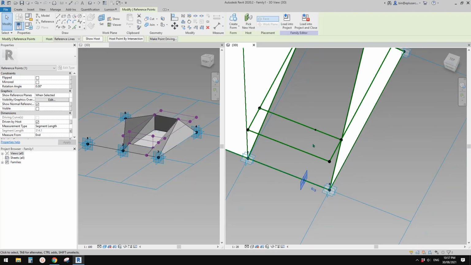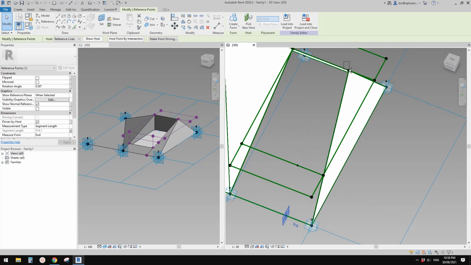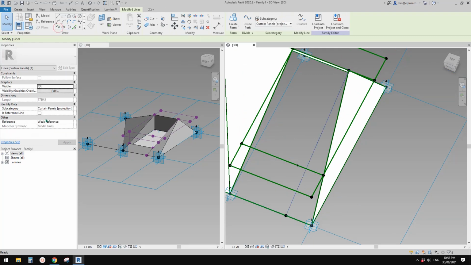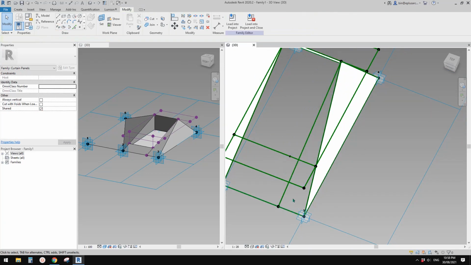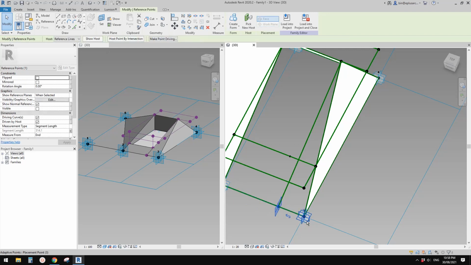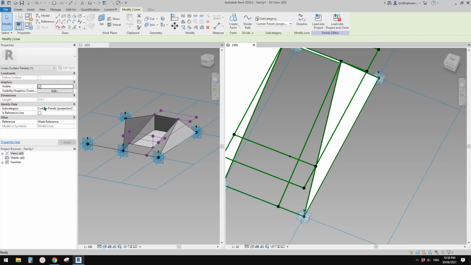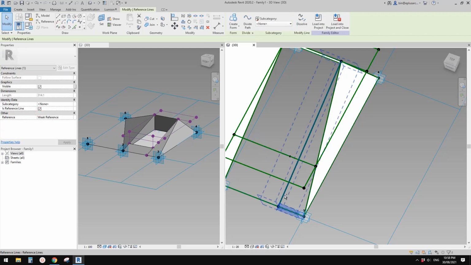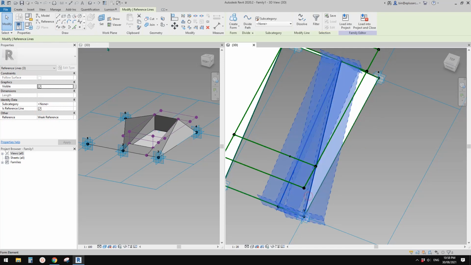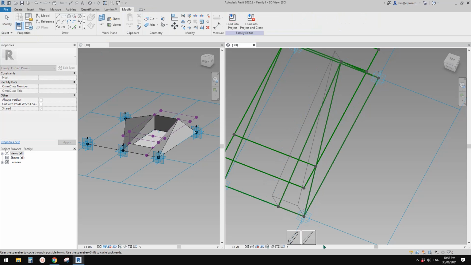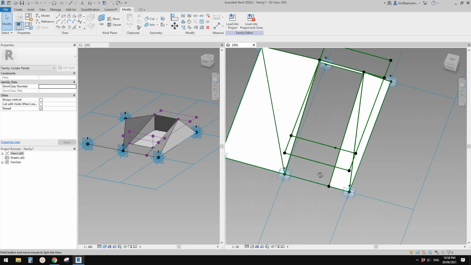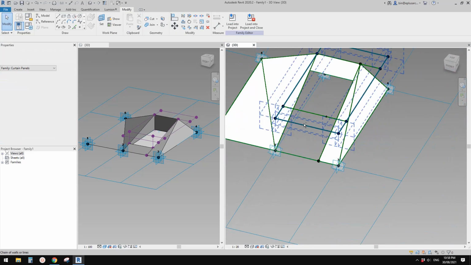So if I select this point together with this point and create a spline, make it a reference line, we can create this face. Okay, but we still need to select these 2 points and create a spline and make a reference line. So 1, 2, and 3. So tab, control select, and create a form, create this face. Okay, so now